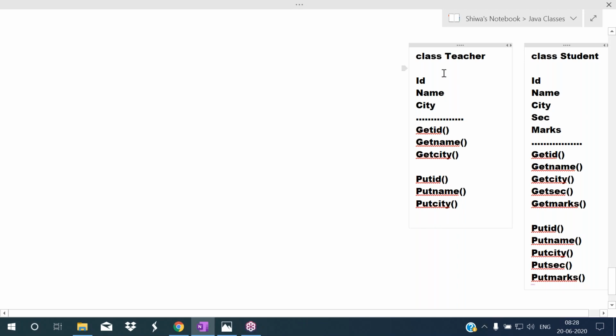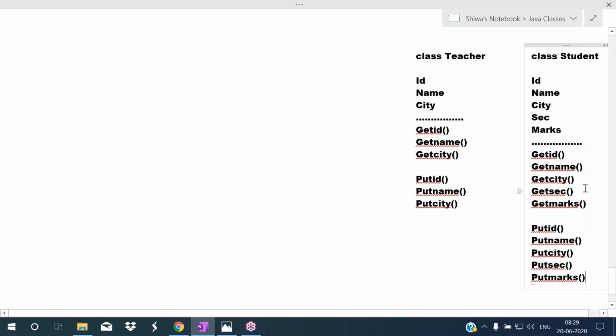So almost all the same code which is in the class teacher, again we are redefining in the class student. So automatically what will happen? Code length will be increased. So again you are defining all those methods and all those properties here. In this example, this has 3 properties. Tomorrow this class may have 50 properties. All those 50 properties, if I define here again, that will take a lot of time. So it increases development time and it increases length of code. That is a drawback here.